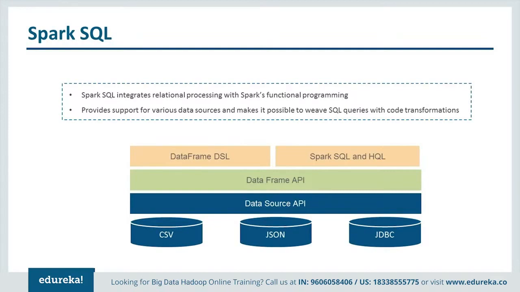Then you've got the DataFrame API. DataFrame API is the distributed collection of data that is organized into named columns and is similar to a relational table in SQL that is used for storing data in tables. So it is the domain-specific language, or DSL, applicable on structured and semi-structured data. So it processes data from kilobytes to petabytes on a single node cluster to a multi-node cluster, and it provides different APIs for Python, Java, Scala, and R programming.